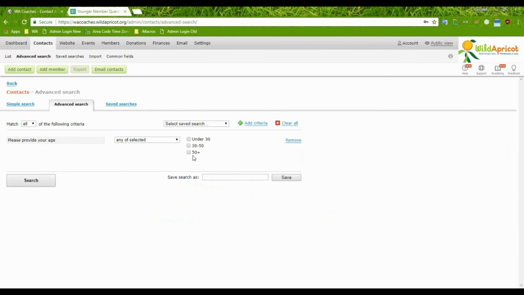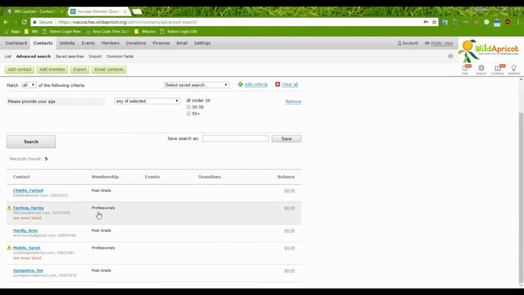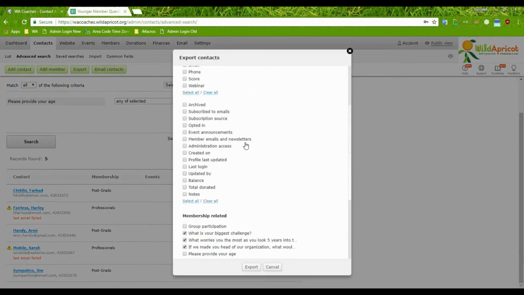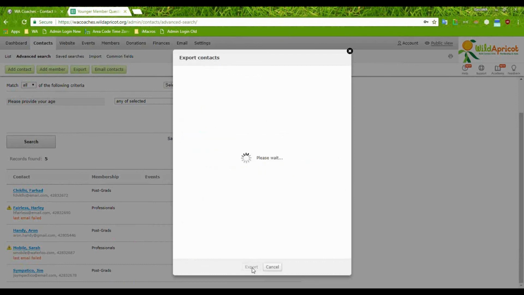Once you have this criteria selected, you can pick the group of people that you need the information for, and then click on search. Now what you end up with is a list of people in that age range, and now you can select the fields you need in that report. I have pre-selected the 3 questions that you've asked in your application form. And once you have that ready, you can click on export,